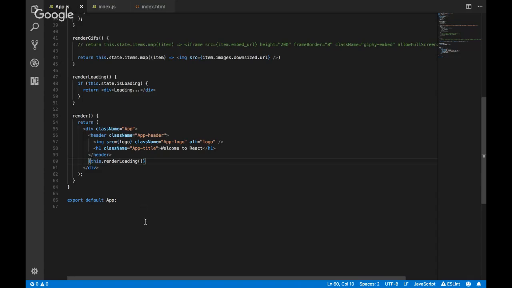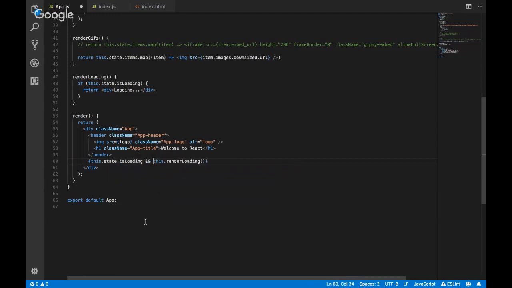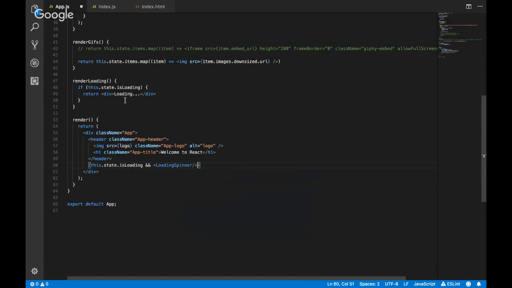You'll just do this dot state dot is loading and loading spinner, a component or something. And then you'll just define what your loading spinner does. And we could even do that right here instead of having it in there. We could jump right up here,